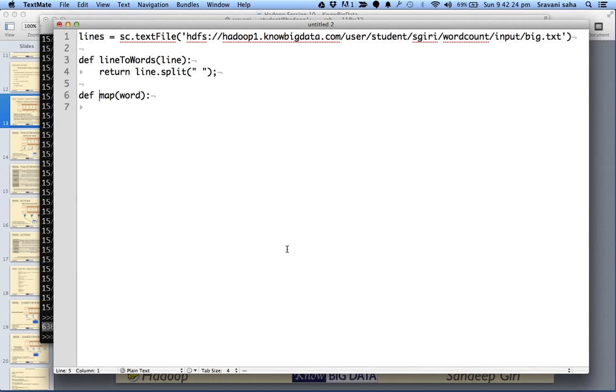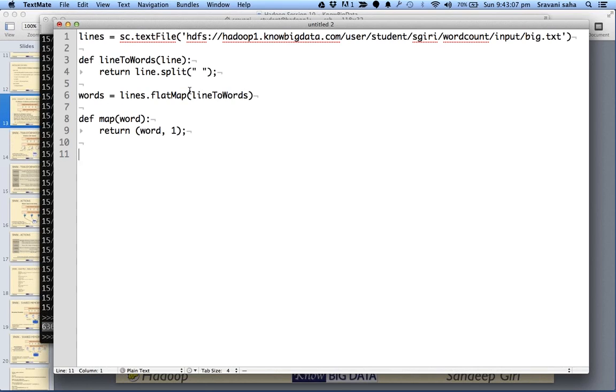For each element, here we can put the logic like if line length is smaller or bigger or whatever. As well, we can remove special characters and so on. Okay, now map will convert each word into a key value, so it'll say word and value, right? So that's all. Now, first would be words equals lines dot flat map, and I pass the function called line to words, right?